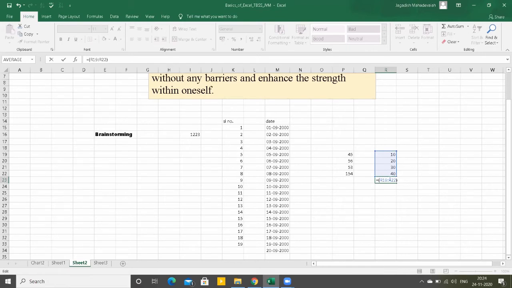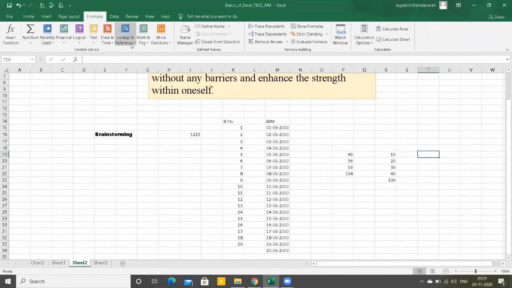Then you need to place the brackets. Then type SUM. These are the functions which are readily available in Excel. You just click on it and enter. Finish. Job completed. Similarly, we can do this to subtract and do multiplication and division, and let me show you that. Formulas you can see here: for financial calculation, for logical, for date and time calculation, and even trigonometry you can solve using Excel.